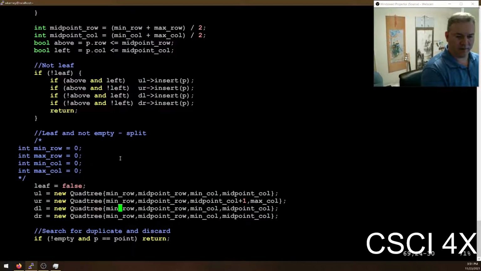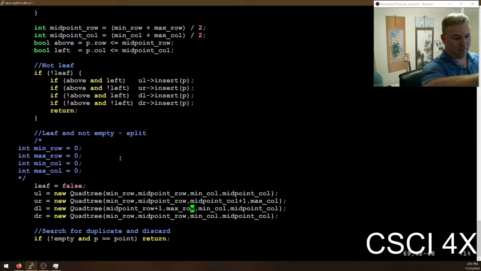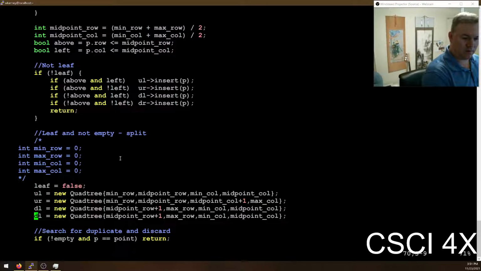Okay, so down left. The columns are going to be the same as before, but the min row is going to be the midpoint row plus 1, and then it's going to go to max row. So it's going to be midpoint down, and then left to the midpoint. And then for you, it's going to be